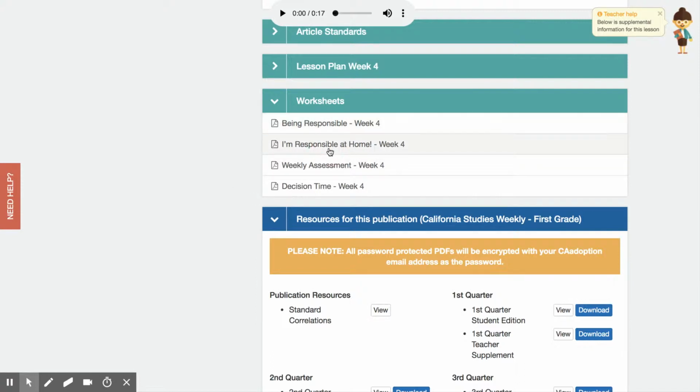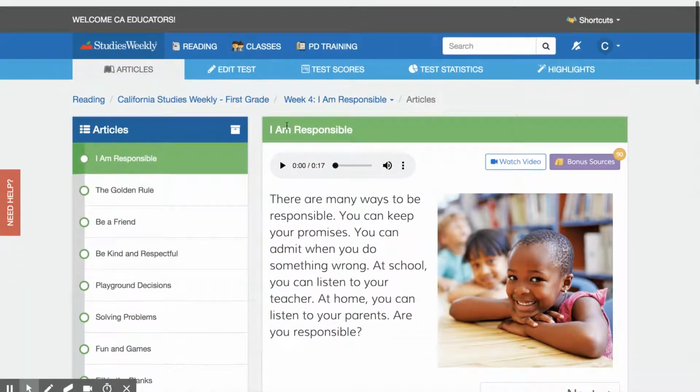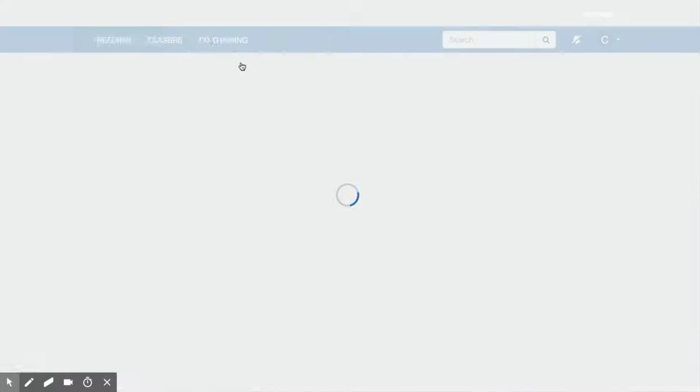Let's see, here's another one. I'm responsible at home. Draw 2 pictures of how you were responsible at home. Here's a weekly assessment. And again, the weekly assessment comes in 2 forms. This is the printable form, so it's just a PDF. I can print that out, or come all the way to the top and click on this Edit Test button,